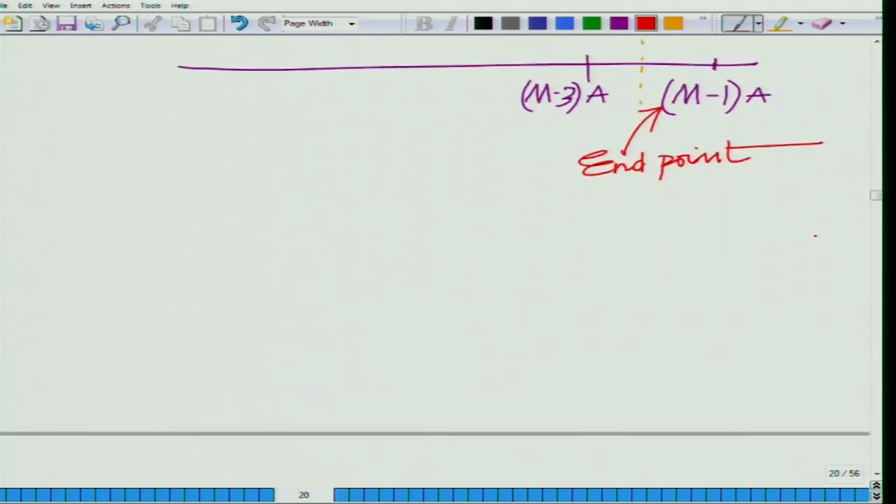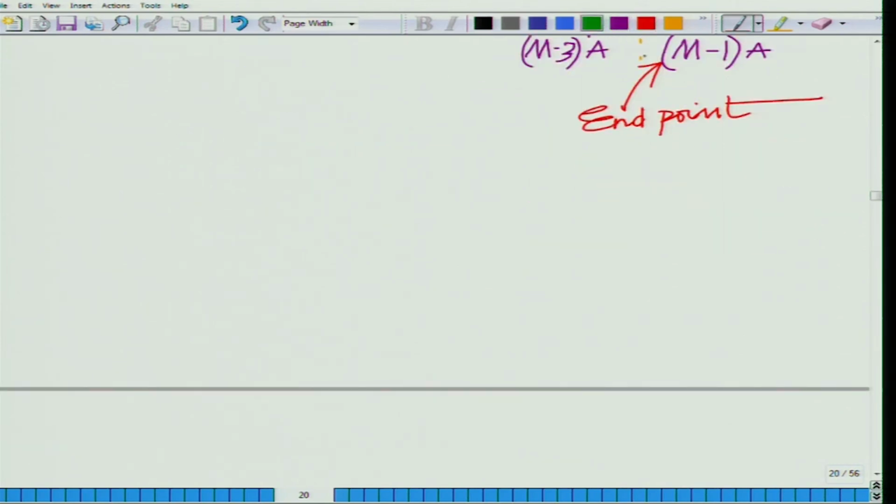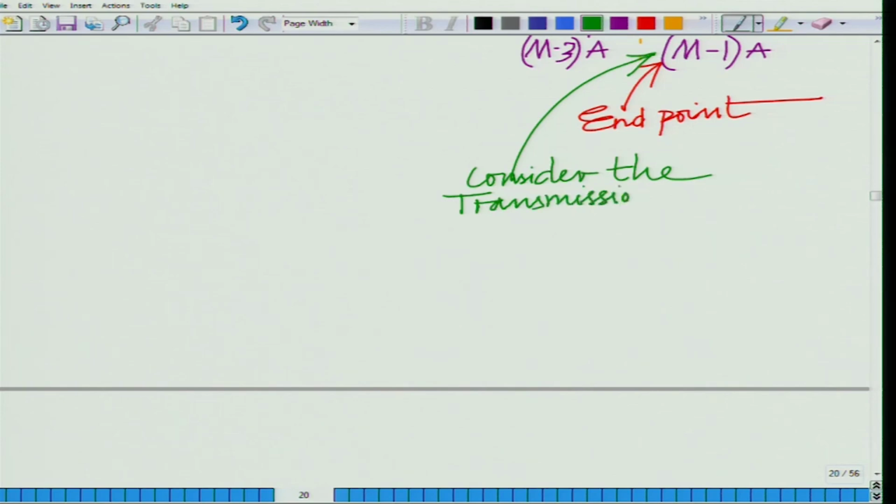So, consider the transmission of m minus 1 a. Alright, we are considering the transmission of one of the end points of the constellation, that is m minus 1 a. You can similarly also consider minus m minus 1 a, it does not make any difference. So, we are saying a naught equals m minus 1 a,